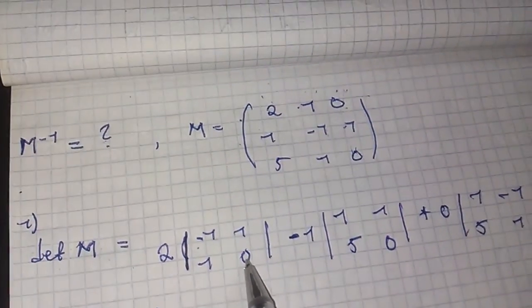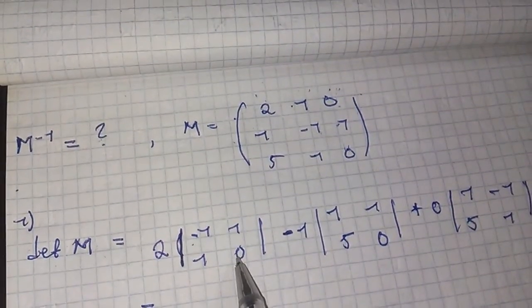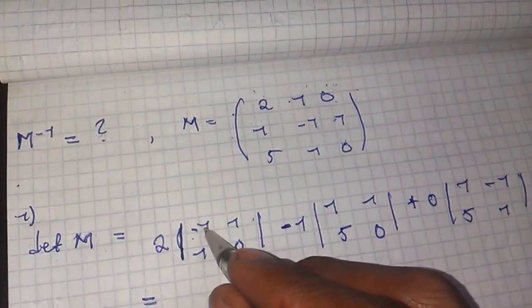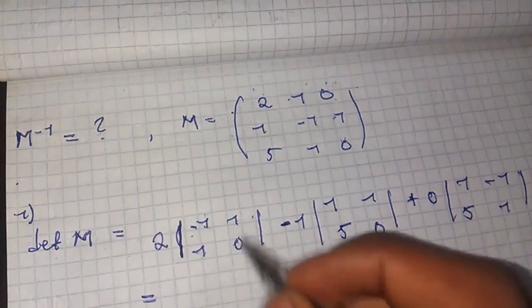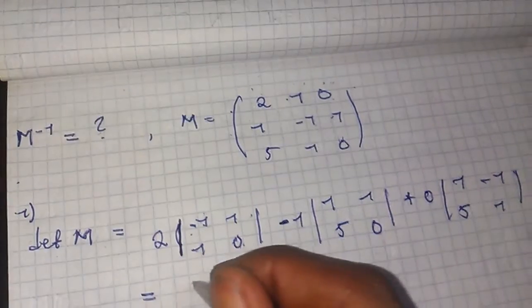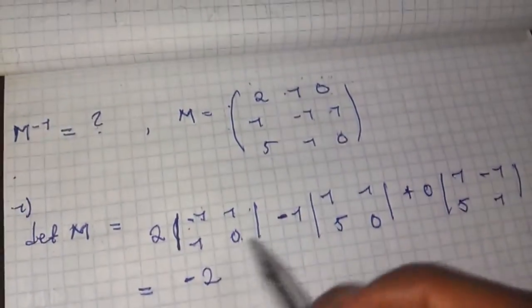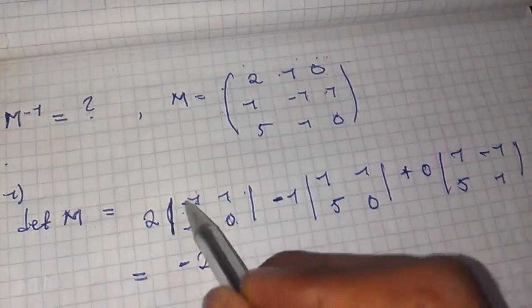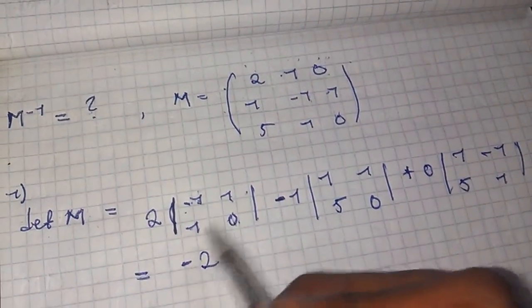This one will be this one minus this one, so that is 2. This one is 0 minus that, so that is negative 2. Let me repeat it: this one times this one minus this one times this one. That is the determinant of a 2 by 2 matrix. Now I guess all of us can do it.